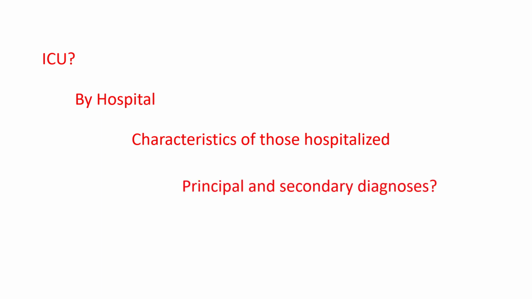Can we get both principal and secondary diagnoses? You may not want them lumped together. That's fine by me. Give me the number that they're reporting now on primary diagnosis, but also give me another number, even if it's only at the county level, of those who may not have a primary diagnosis, but who have any diagnosis code of COVID-19.